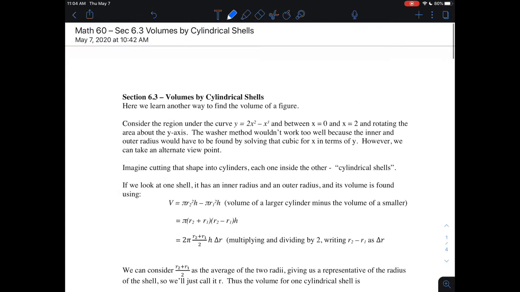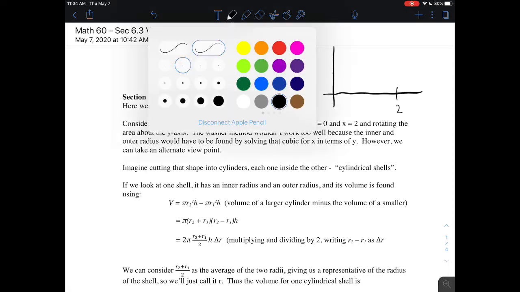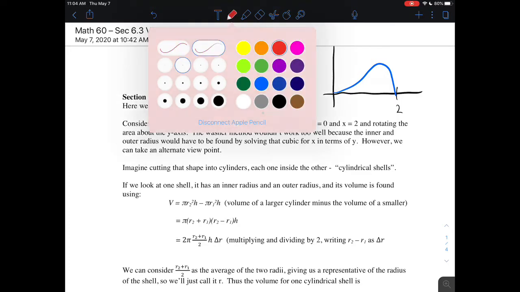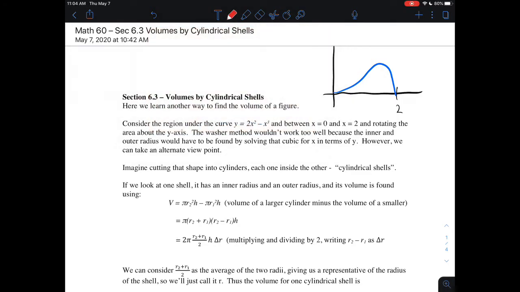So first of all, just as a little sketch to see what this might look like, this region is in the first quadrant, so between x equals 0 and x equals 2. And if you were to sketch this, it would look a little bit something like that. And now we're going to take that area and rotate it about the y-axis. So when we do that, we're essentially creating this